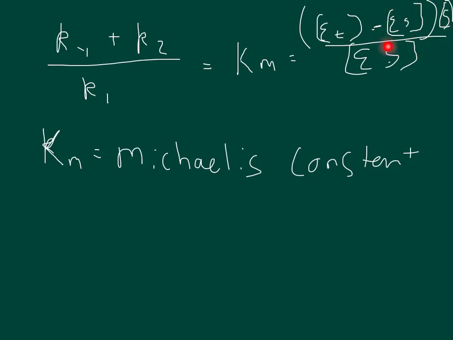Then we would add the ES times S to this side, and then at that point we would have ES times Km plus ES times S. We would factor out the ES and then divide by Km plus S, and we would get that the enzyme substrate complex is equal to